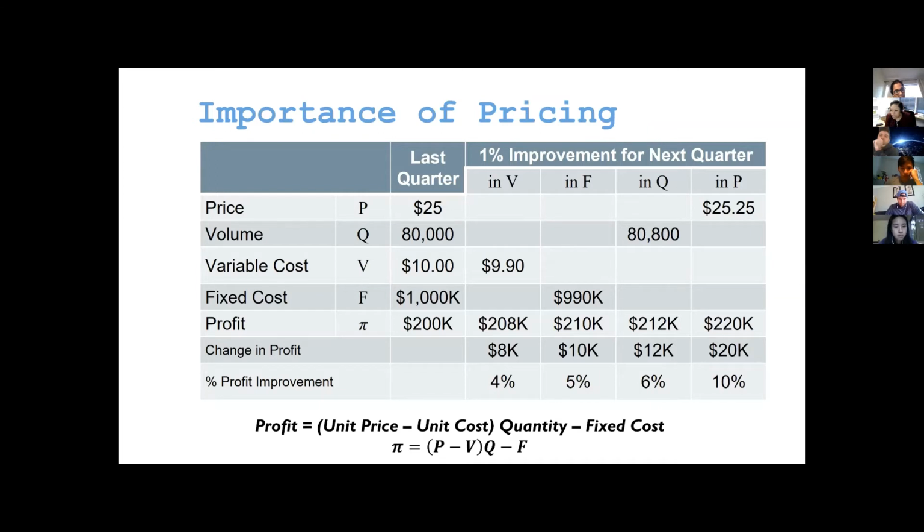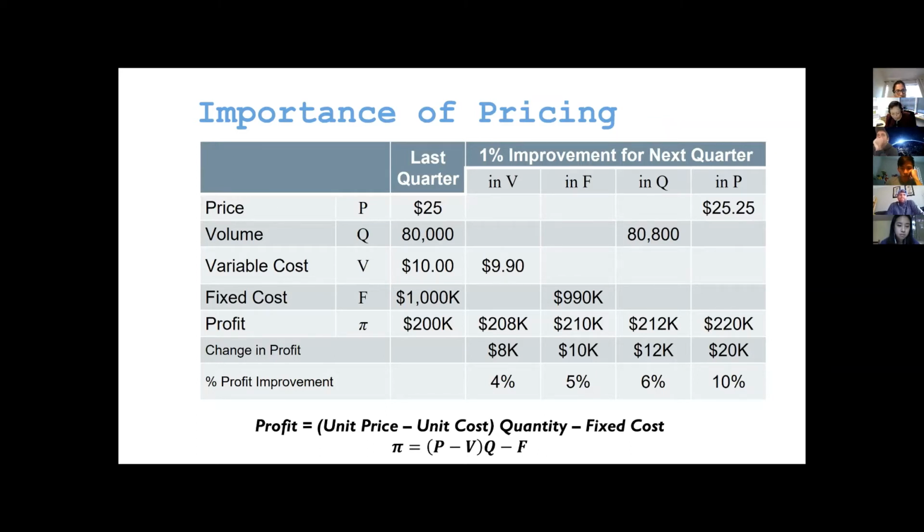But say you want to make instead a 1% improvement in the price, so you're just adding 25 cents to the price. Now you've created a profit improvement of $20,000, and that's a 10% improvement in your bottom line profit. So this is just a quick example of where price can be a powerful tool to improve profits, and quite often can have a bigger return than if you're doing cost reductions or you're increasing sales,